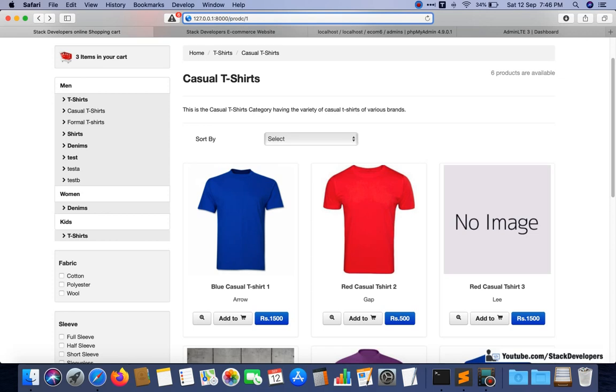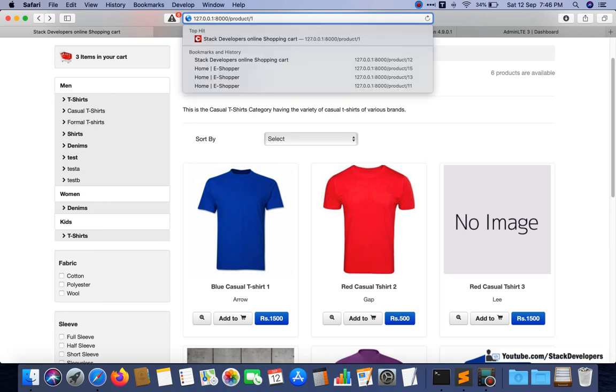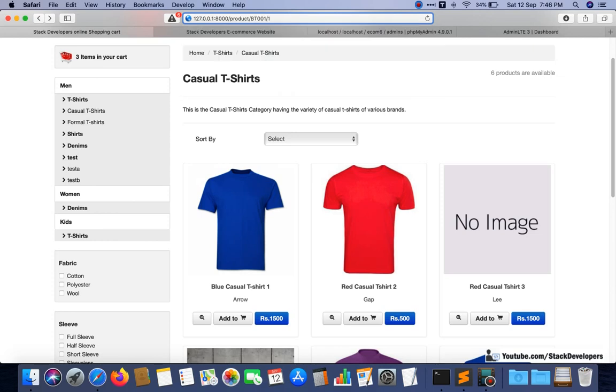So I think this one is good enough, product/1, or this one is also good enough, product, then product code, then 1. It also looks good. So it's your choice what you want. I am thinking to go with this URL.